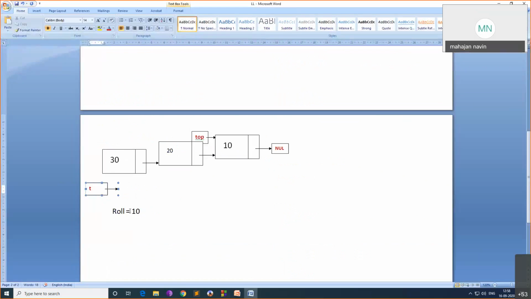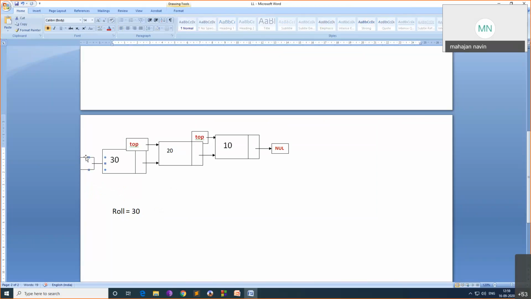So roll number equal to top of data roll, so this becomes 30. Then top equal to top of next. This top, which was pointing earlier here, becomes top of next, and t is pointing here now because t equal to top.